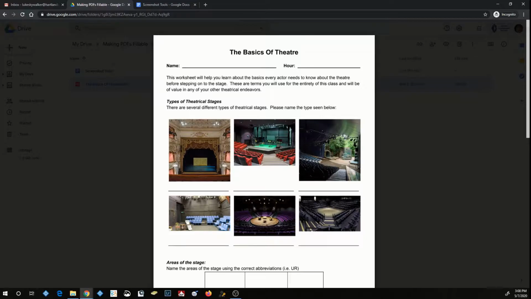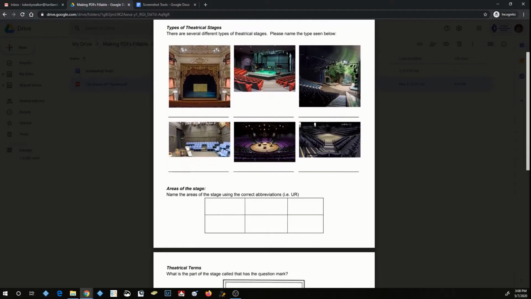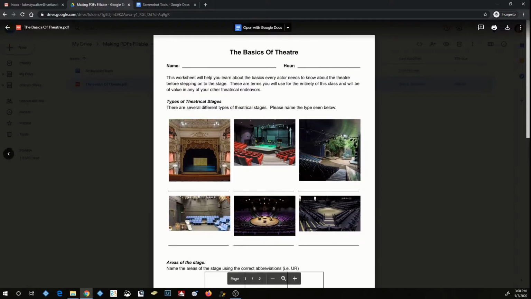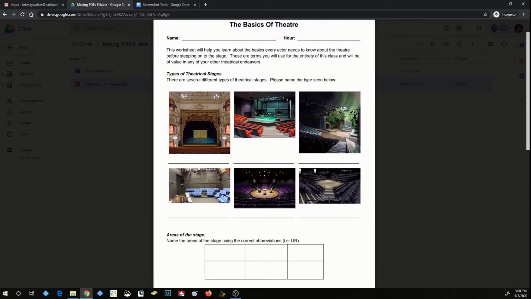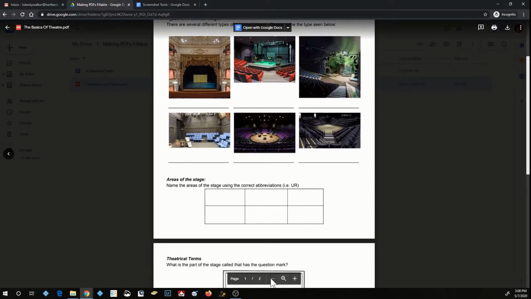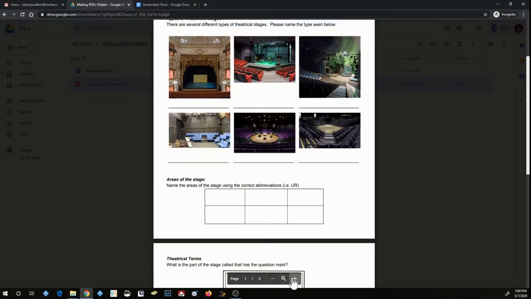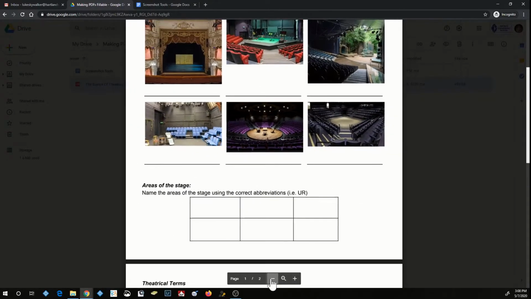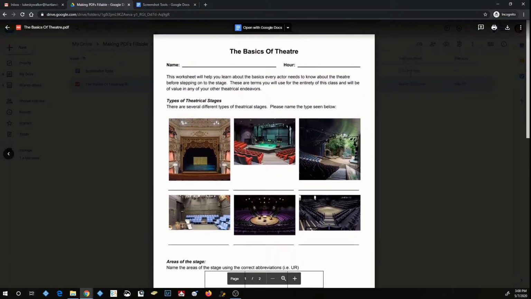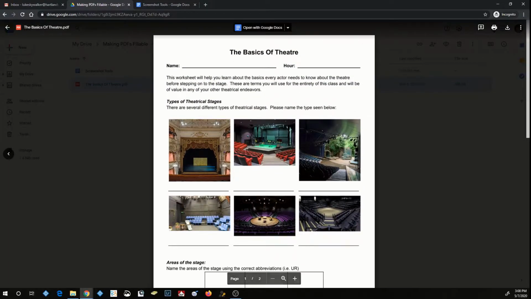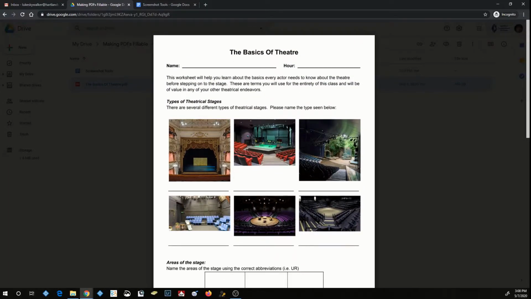But in order to get this into the format that we need, we have to be able to see the entire page all at once. As you can see, right now, you have to scroll up or down in order to see the entire page. So there's this little toolbar at the bottom here that I can click on to increase or decrease the size of my image. The problem is that I can't decrease it any more than it's already decreased for this resolution